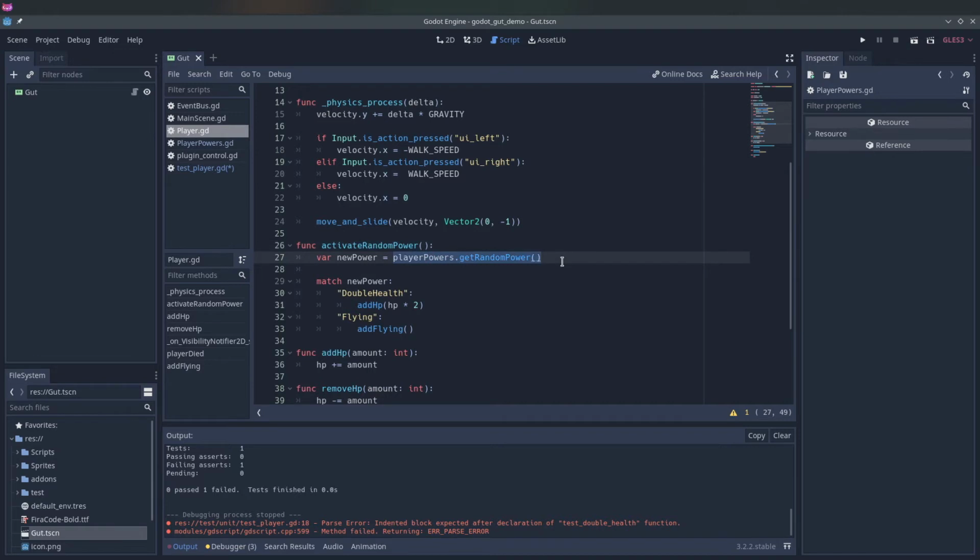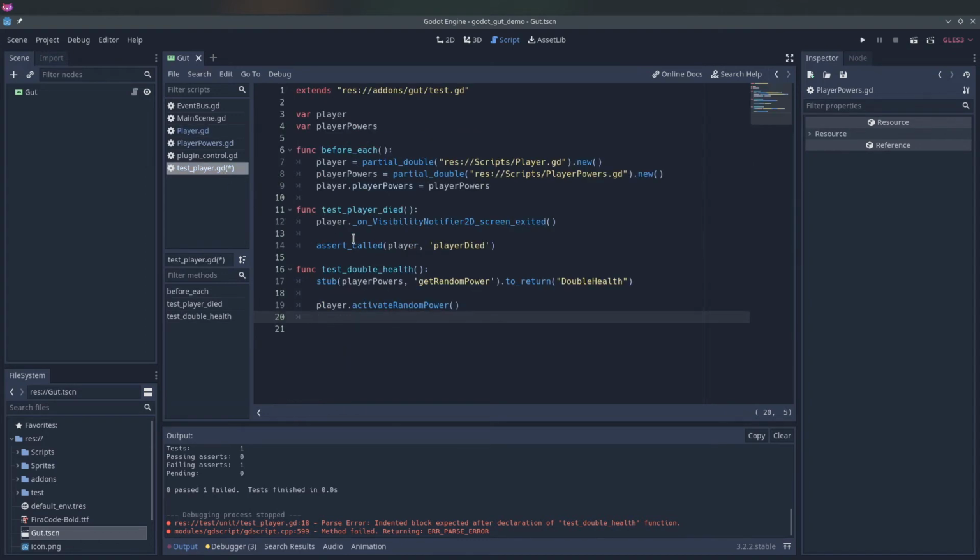this will be stubbed. So it will return double health here, which means that this method will be triggered. So then we can use our spy to say assert called on the player class at HP. And that's it. Let's check it out. We run the scene